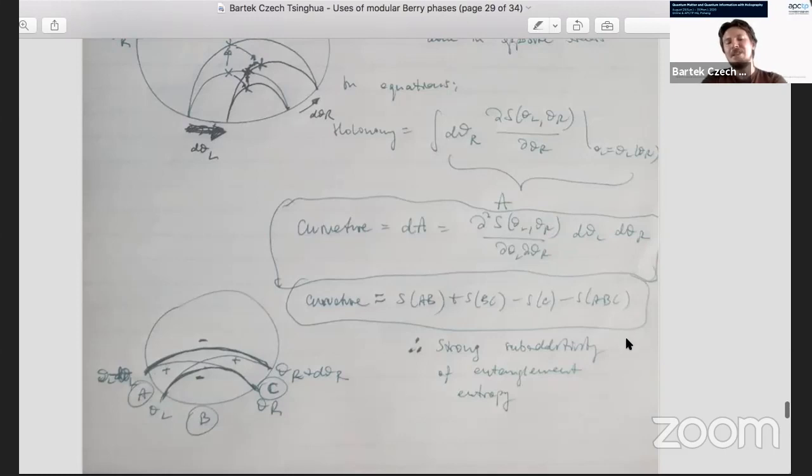This is a combination which is known, it has a name, it's called conditional mutual information of A and C given B. But more importantly, this quantity is known to be always positive, and it is always positive because of the strong subadditivity of entanglement entropy. And so the curvature of our Berry connection is a quantity which is known to us from studies of formal quantum information theory. In the 1970s,